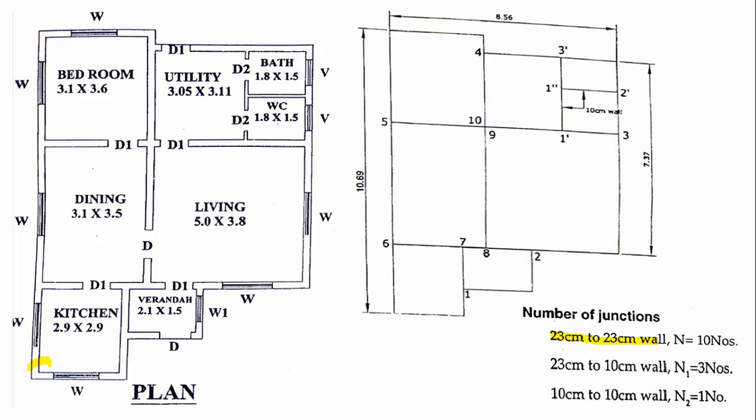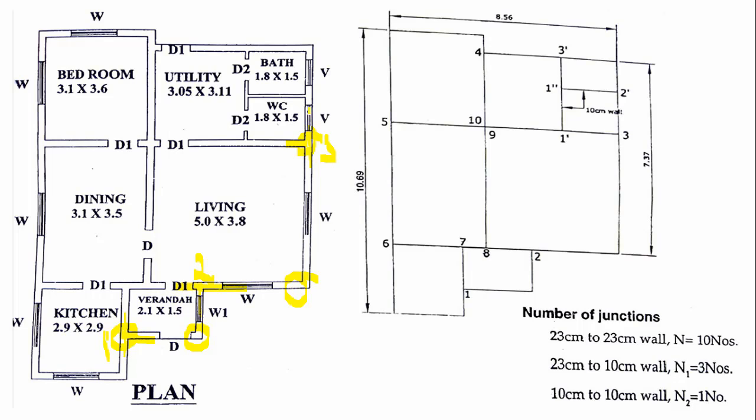At this corner we don't have any junction, and this is also a corner, therefore we don't have any junction. Here you can see this is the main wall, this is like a cross wall. Therefore here we are going to get one junction, this is junction number 1. Similarly here, this is a corner, we don't have any junction. Then next here, one main wall, one cross wall, so we will have junction number 2. This is a corner, we will not have any junction. The next here, this is main wall, this is cross wall, therefore this is junction number 3.